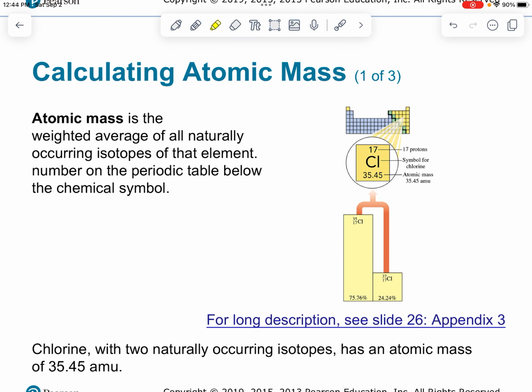Okay, calculating atomic mass. And this is what I was referring to before, but they'll have a worked out example here. So again, we look at chlorine and,